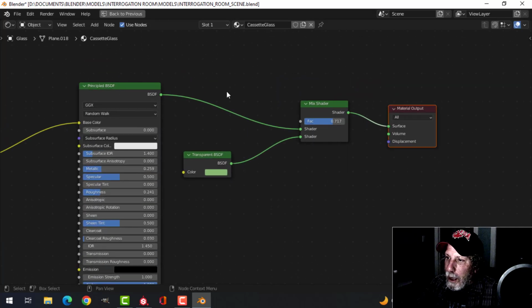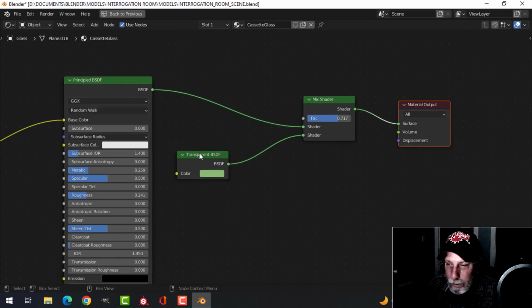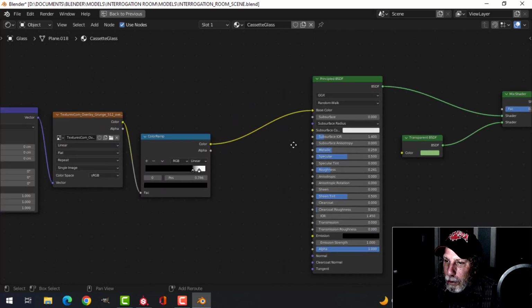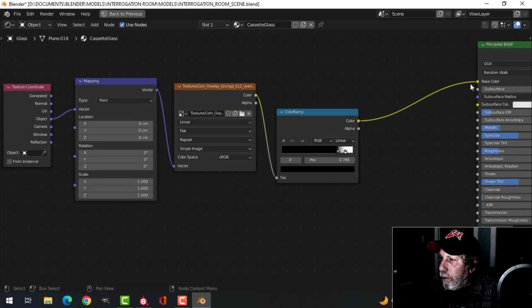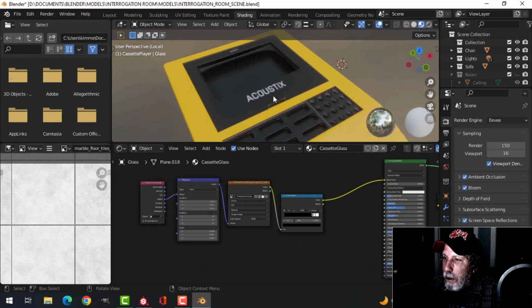I've got a Principled BSDF going into a mix shader, with a transparent on here to help the transparency with a color. I've adjusted the level that I like. I can show you, I can play with that. I've put on a grunge texture that I got from the internet. You can experiment with different ones. I've just got it in the object, and it goes into a color ramp, into the base color. And that has given me